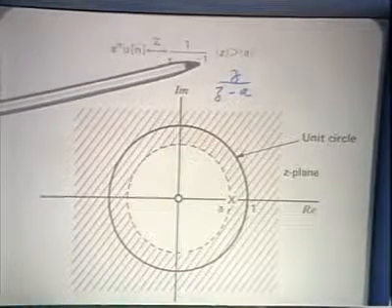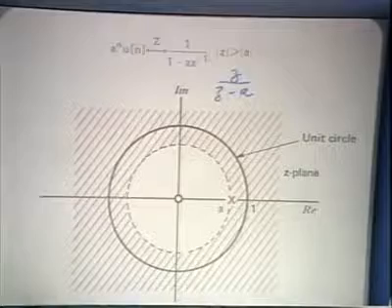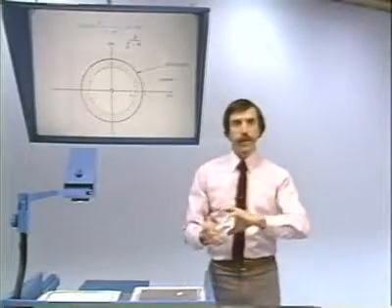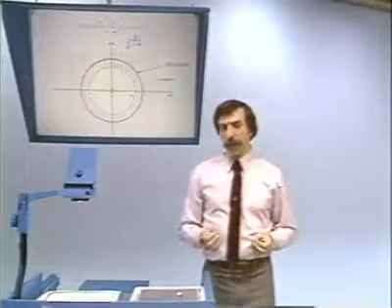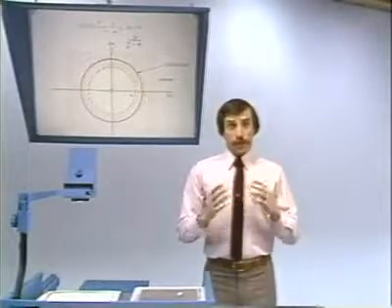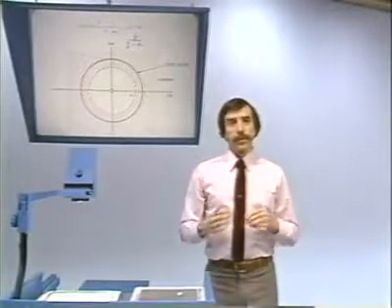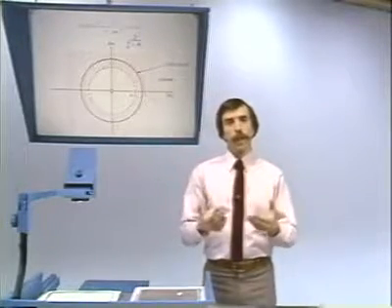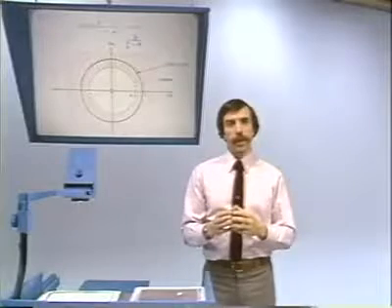Now, let me just comment quickly about the fact that we had written this as 1 over 1 minus a z to the minus 1, and that seems kind of strange because perhaps we should have multiplied through by z. Let me just indicate that, as you'll see as you work examples, it's very typical for the z transform to come out as a function of z to the minus 1.